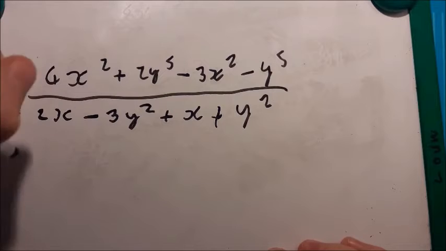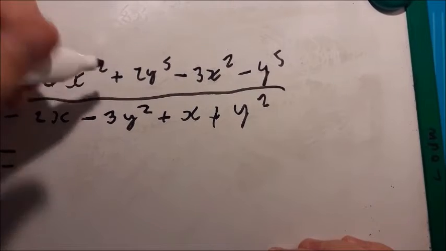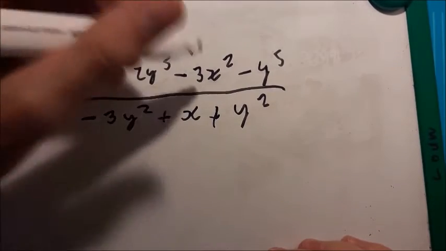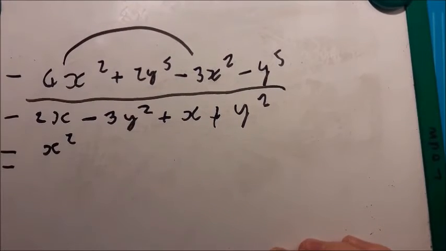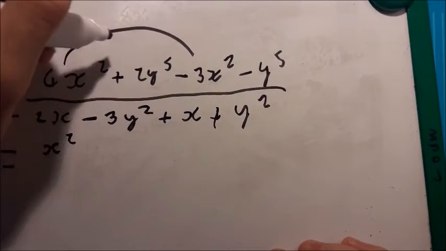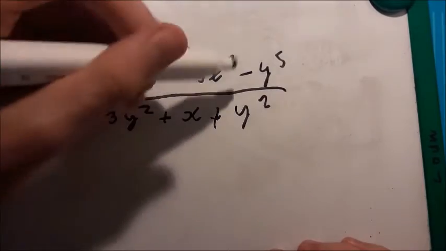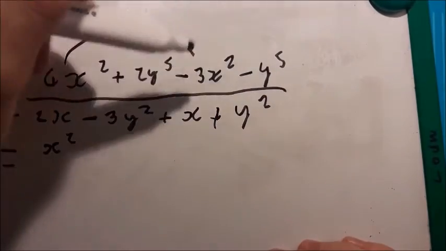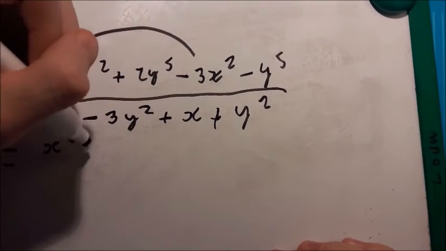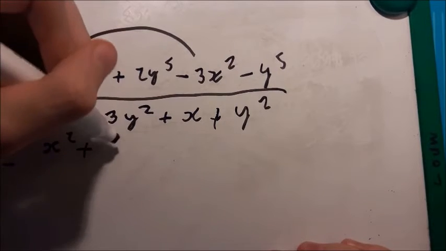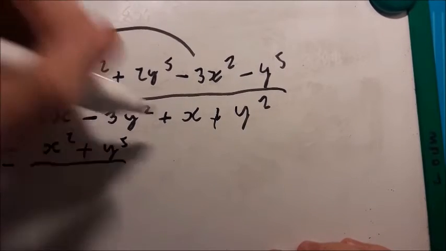So 4x squared is a like term with negative 3x squared, which is equal to x squared, because 4 minus 3 is equal to 1. And we don't have to put the 1 there; if you want, you can. Now we have 2y to the power of 5 minus 1y, because there's an imaginary 1 there, to the power of 5, which means 2 minus 1 is 1. So we have positive y to the power of 5 over